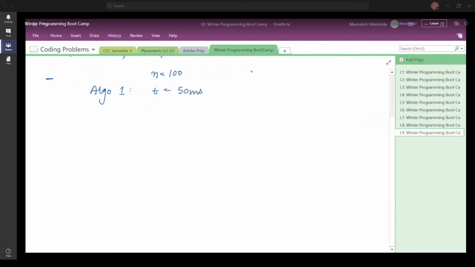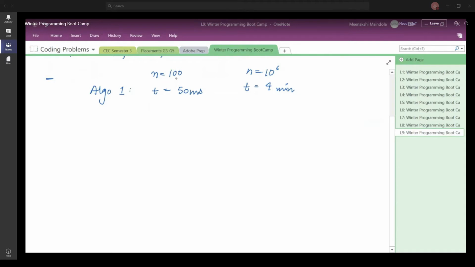And there is the same algorithm, if it works for n is equal to 10 to the power 6, for example, and you have t, which is the time within which it is going to completely use up these n elements, and it is going to take up 4 minutes. So this is about algorithm 1.